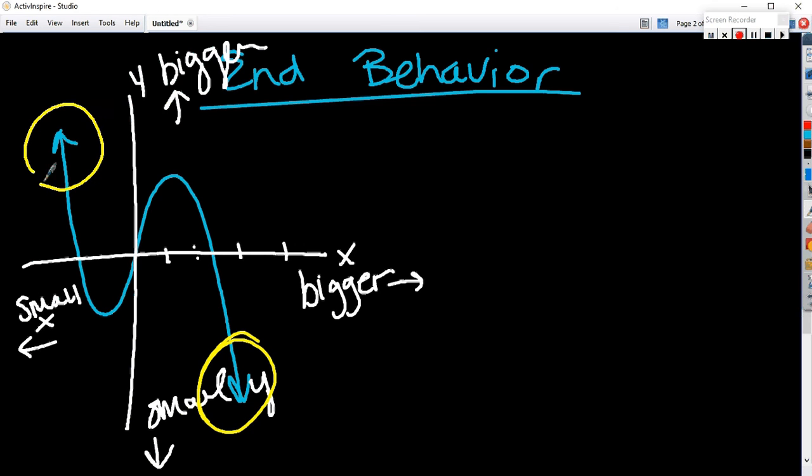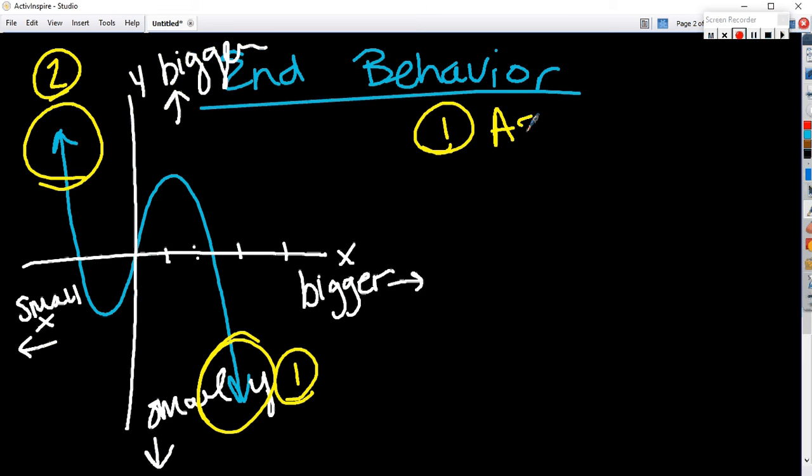This is an end, and this is an end, right? All right. I'm going to use some mathematical terminology here. I'm going to call this end number 1, and I'm going to call this end number 2. For end number 1, I'm going to say, as x, and now I'm going to use this mathematical symbol, this little arrow here. What that arrow means is approaches, gets close to, goes towards. As x approaches,